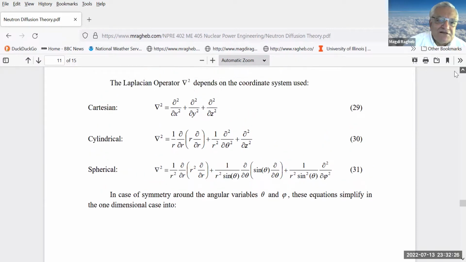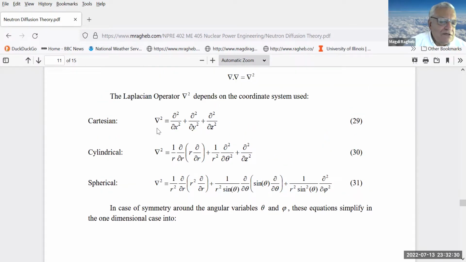So you find that the Laplacian takes different forms, depending on the geometry that we are dealing with. A reactor in the shape of a cube implies that we should use the Laplacian in its Cartesian form. Most reactors are cylindrical in shape, which implies that we need to use the Laplacian in the cylindrical form. And some reactors are spherical, and then we use the Laplacian in its spherical form. The first step in solving those equations, as we'll try later on, is to identify the geometry that my shield or my reactor is in,